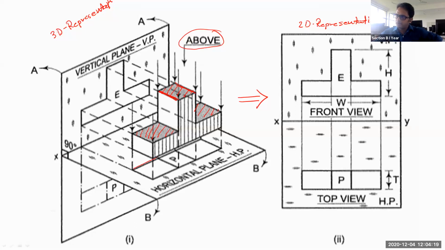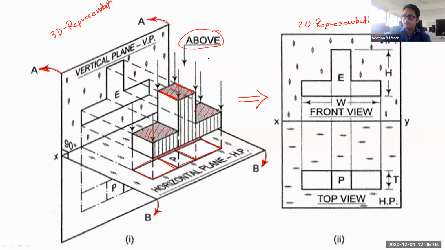So you are getting one rectangle here. And these two continuous lines are also coming into the picture, because these two lines will be visible when you look at it from the top side. Now, if we have to open this, I have told you we will open the vertical plane in this direction, and we will open the horizontal plane in the downward direction.